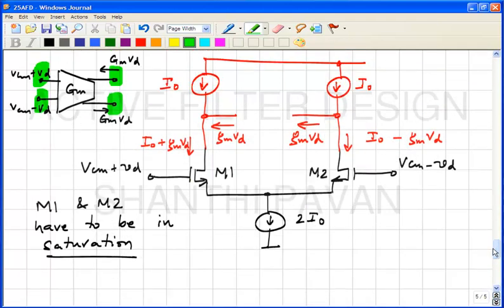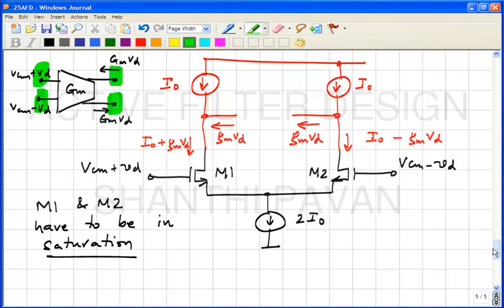So what we do is we will apply some convenient value of VD and check the potentials of the two transistors. If they are higher than gate minus threshold, then we are okay. So what do you think is the most convenient value of VD to choose? I mean, what is the easiest value of VD to choose? You can choose anything. VDD. You guys don't like simple solutions or what? The easiest value of VD to choose is 0, isn't it? I mean, everything becomes symmetric and you are happy.